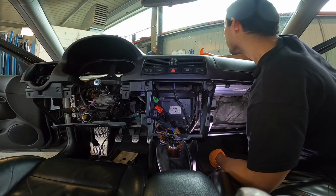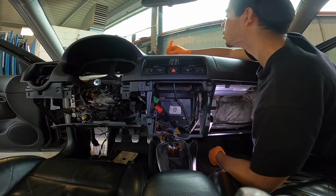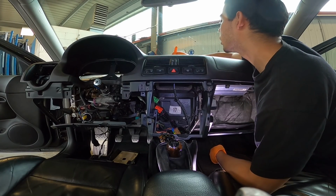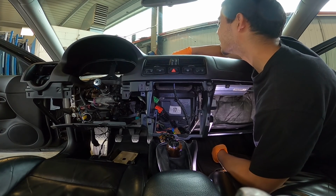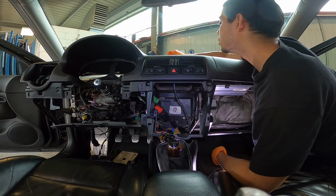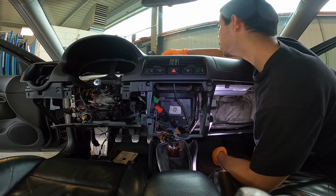Does this vent not pop out of here? I feel like it must. There we go. Thank you. Come on now. There we go. Come on. I don't want to have to break you. I don't want to have to do it. I will. I'll sacrifice you, but... Come on. I almost feel like it might be partially glued in there, but...